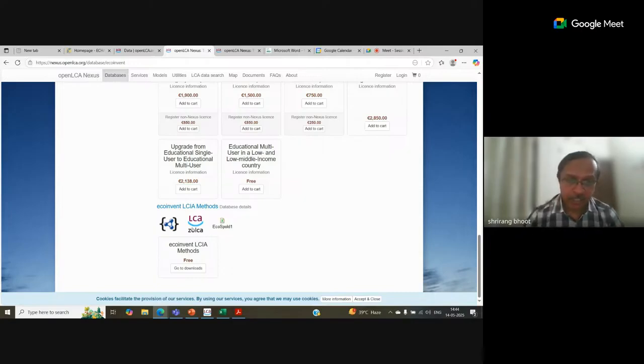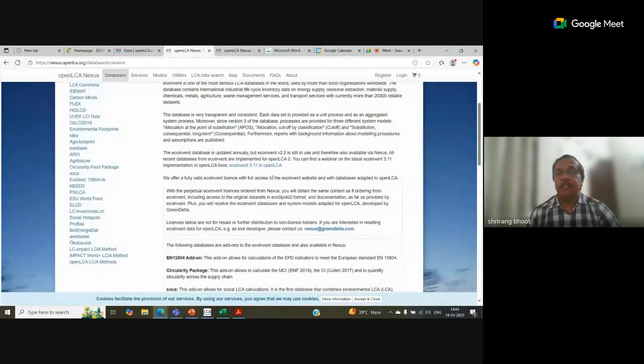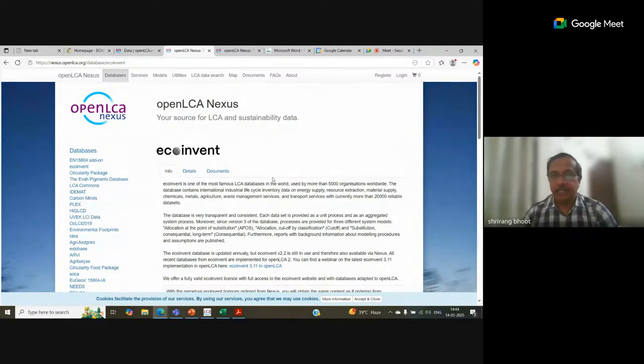And then obviously there are impact assessment methods also available, LCIA. So life cycle impact assessment methods are also available. So either we can download methods only, or we can download the complete data set from here. For this, you then obviously have to register on this website. Then you have to log in with your username and password, and then you have to process it. So it's not a quick one-click activity, because they verify the user, they verify which country you belong to, and then they give you access to the databases. So I have done that activity for you to show it in the demo.